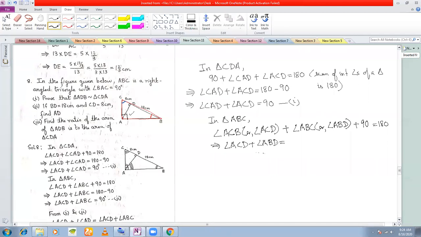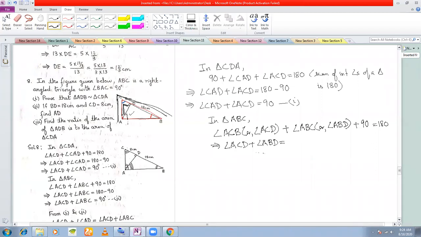Sir, please explain it once more. See, when I am talking about the blue angle I can either call it as ACB, right? Or I can call it as ACD, isn't it? Because I'm referring to the same angle, the labels are different. Whether I call the blue angle in terms of the bigger triangle or in the terms of the smaller triangle, it remains the same. Angle remains the same, isn't it? I'm just changing the name. Yes, sir. Okay, so that is why.